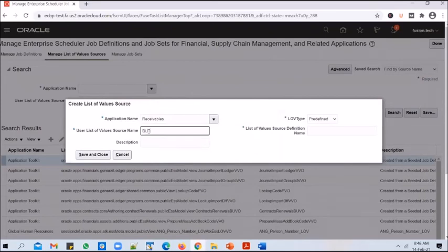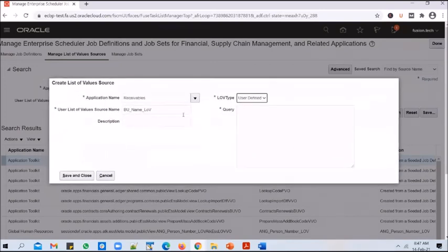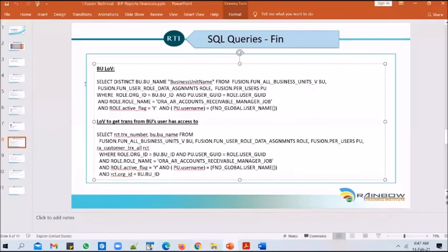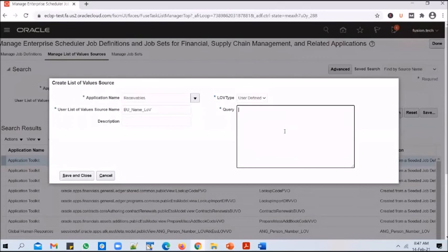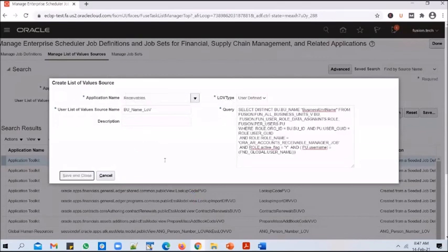So you can say BU name LOV. And it's a user defined LOV type. And you get an option to plug in the query and you paste in the query that I have given in the PPT. And you click on save and close.